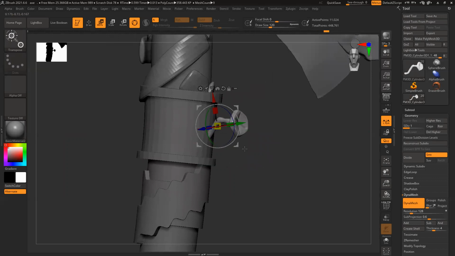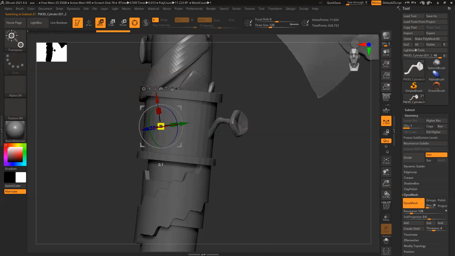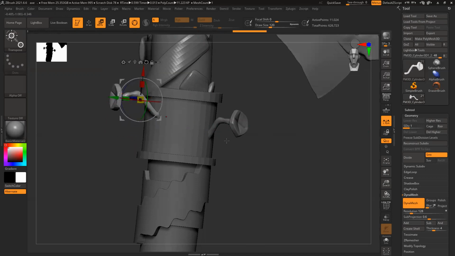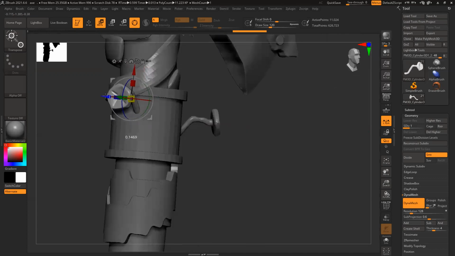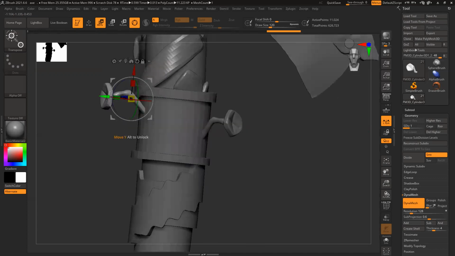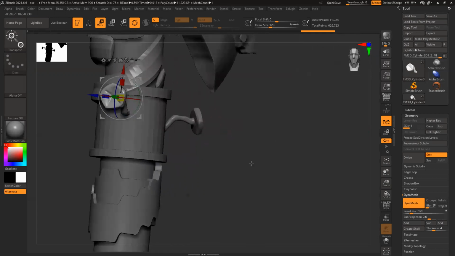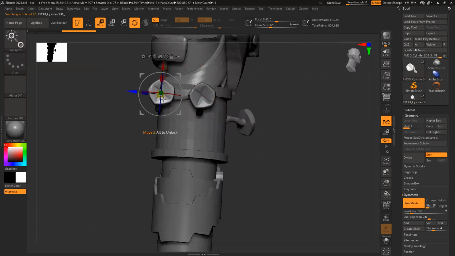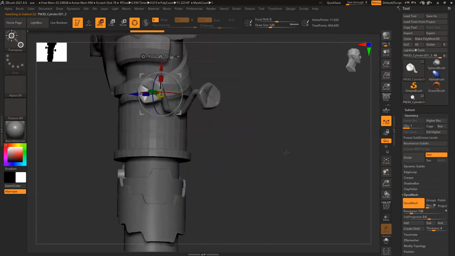Then another one, Control Shift D. Rotate. Control Shift D again. Rotation.